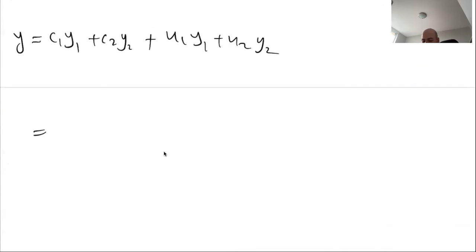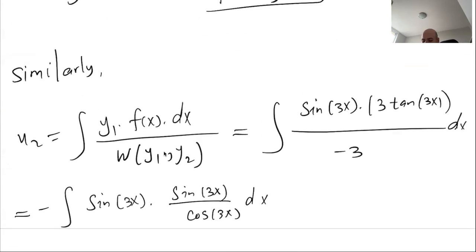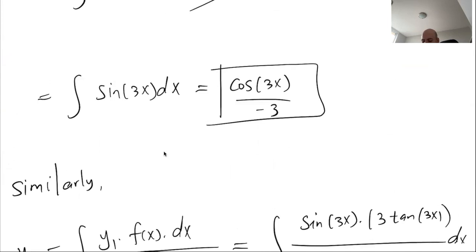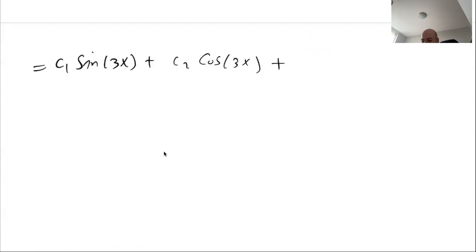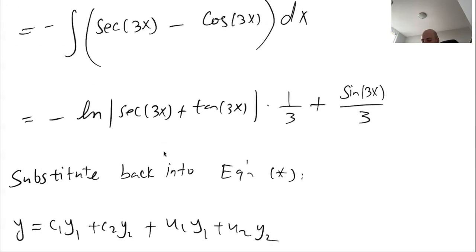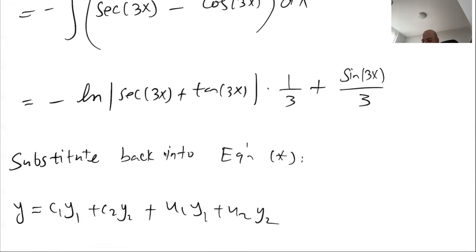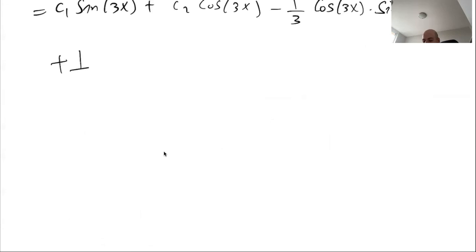So c1 sine 3x plus c2 cos 3x plus u1 times y1. u1 is this guy here, minus 1 over 3 cos 3x times y1, which is sine 3x, plus u2, which is this guy here, times y2, plus 1 over 3